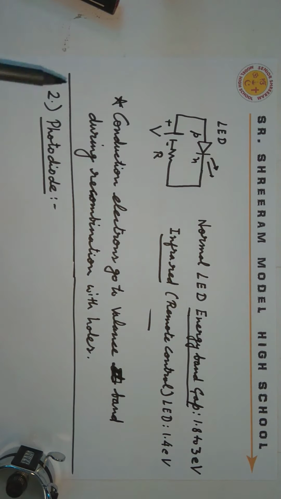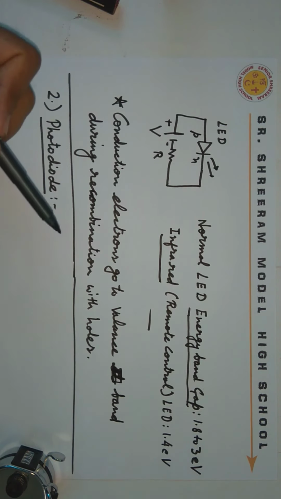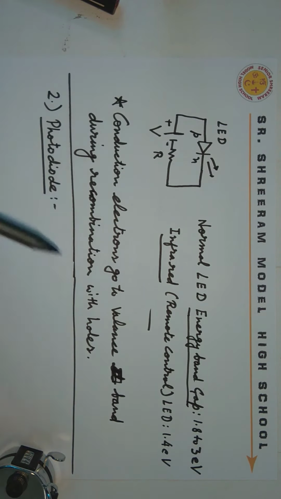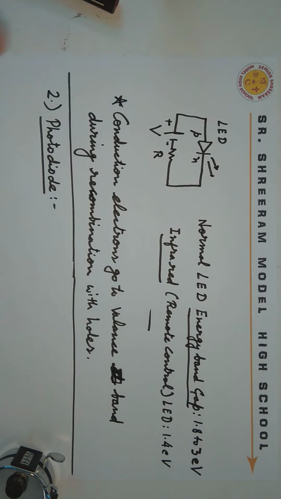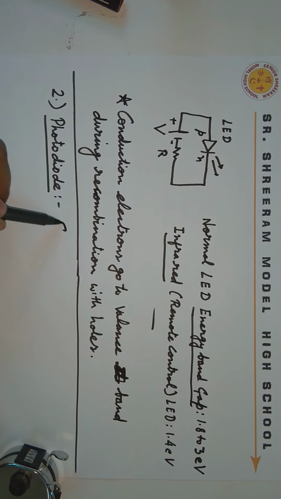Okay, so what happens exactly, I already told you, but just to conclude, conduction electrons go to the valence band during recombination with holes, and in this process photons of light are emitted. Okay, this is how an LED works. Okay, now we move to our second topic, that is photodiode. I already told you it is a sensor